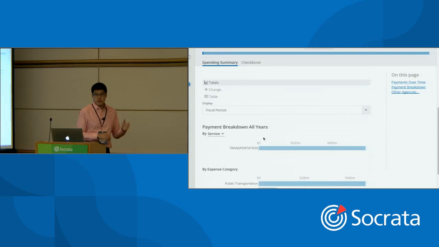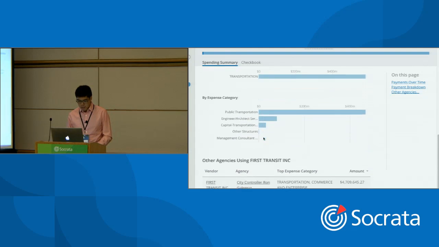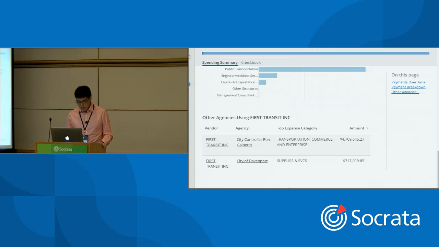Now, if I were someone looking at Connecticut and thinking maybe I want to provide them services, like I'm a competitor to First Transit, I want to understand who my competitors look like. Or if I'm the state of Connecticut and I wonder if other states are getting a better deal, maybe there's a purchase contract we can leverage, we help you with that. When I scroll down here, I can see other agencies on Socrata that are using First Transit, and here I've got two cities that use it. If I said, oh, LA seems to do quite a bit of business with them, I want to understand what the profile is in a different part of the country,